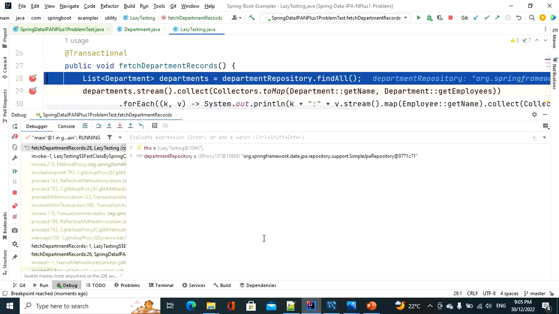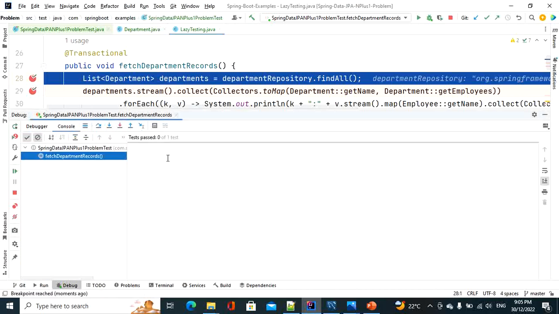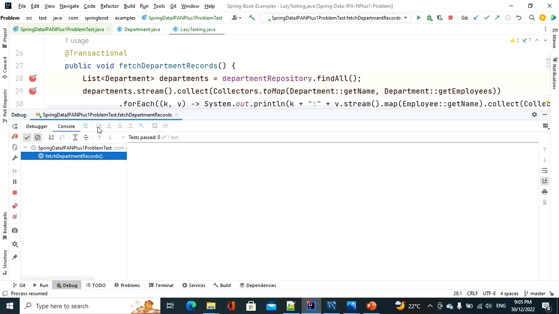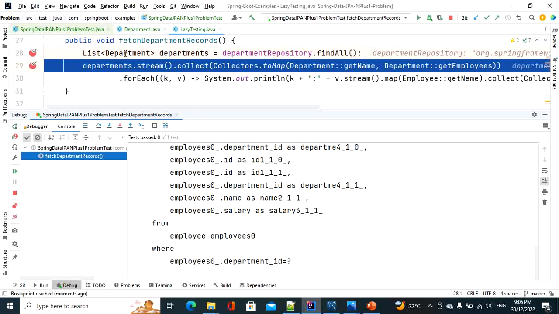So this time, will it fire one single query, or the same four queries? Shortly, we are going to see. See, the flow has been stopped. Now I'm just moving the cursor to the next line. Okay. As soon as I move to the next line, if you see, it has already fired four